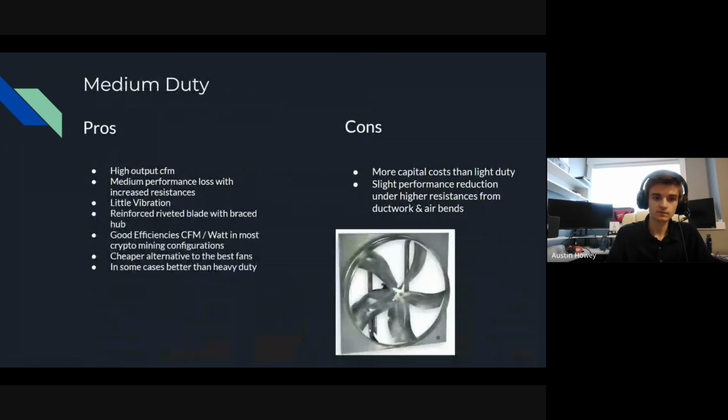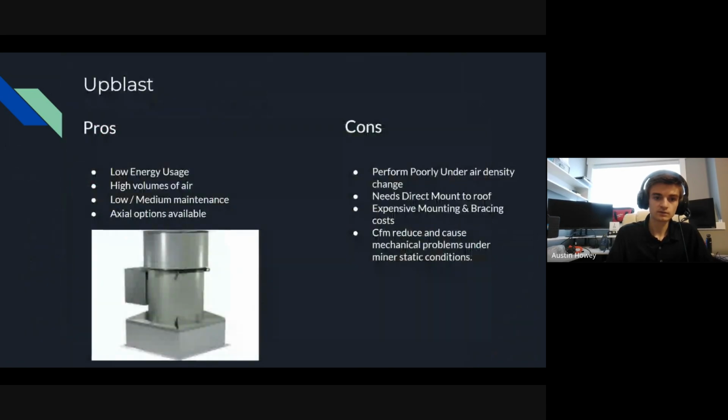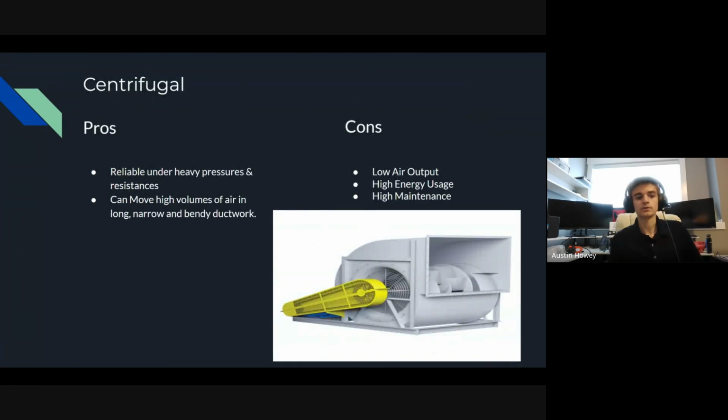So, centrifugal. If you have one of these, you probably do not have the right airflow, just because these things use a ridiculous amount of energy just to move a little bit of air. But if you have, let's say, 100 feet of ductwork that you have to move something through, these are amazing for that. These are very common, and occasionally really desirable, for woodworking systems, because